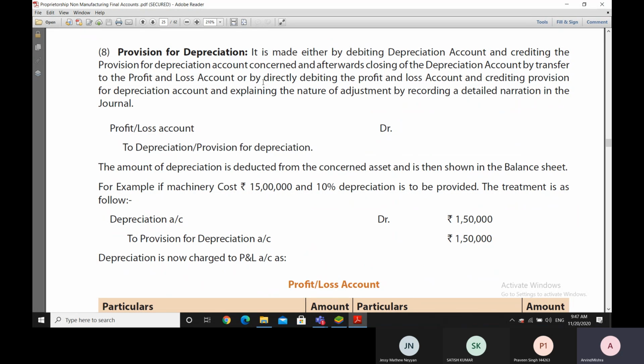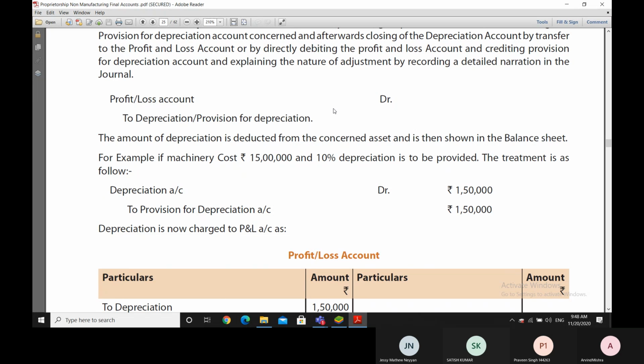Or the second method of creating the provision is that I directly debit the profit and loss account and credit the provision for depreciation account, and while doing it, I can include a detailed narration in the journal, stating the nature of this depreciation adjustment. When we have debited the profit and loss account and credited the provision for depreciation account,